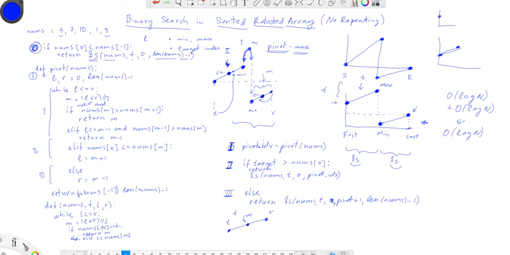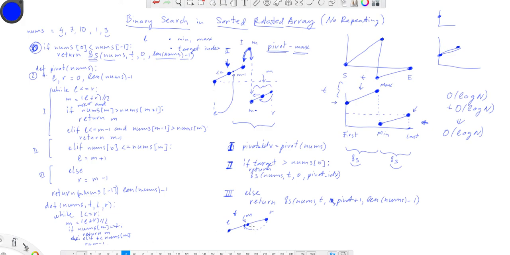In this case, we check this inequality, and so what happens? If that's true, if target is here, we need to continue looking at the left part. In this case, we just move our pointer here, so we make R equal to M -1,